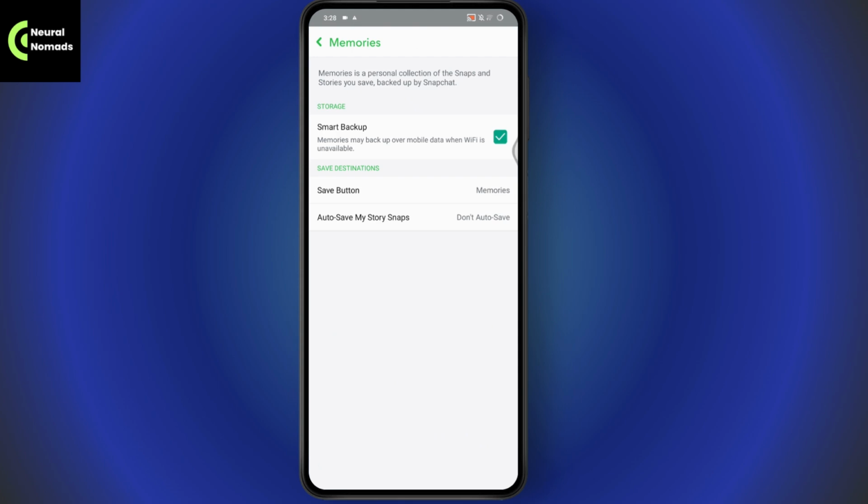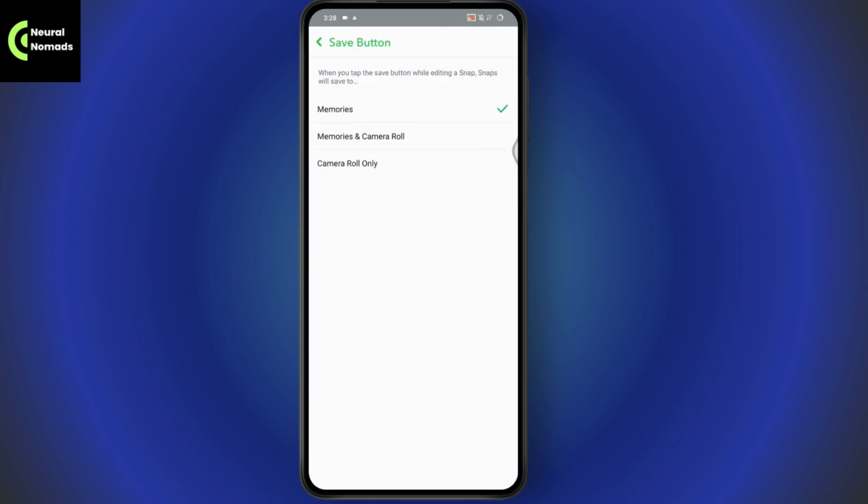Because if you've not turned on your backup, then you won't be able to recover or restore your missing Snap memories. So make sure that it is turned on, and after turning on, you need to go with your saved destinations. Under your saved destinations, make sure that you've selected memories and camera roll, because if you've selected memories or if you've selected camera roll, then it will be only saved in one destination. If you've selected memories and camera roll, then it will be saved in both of them,